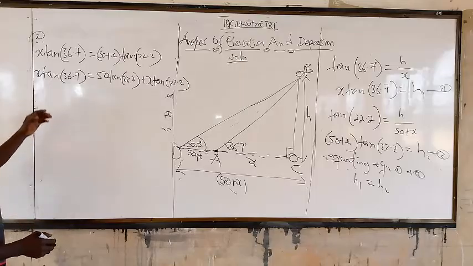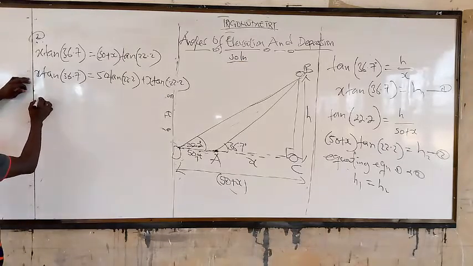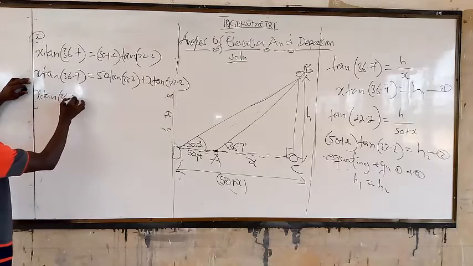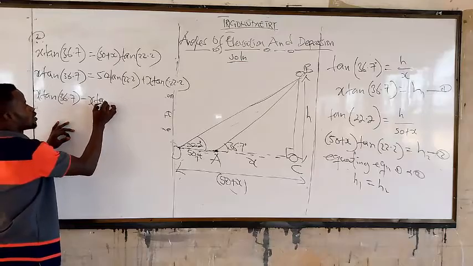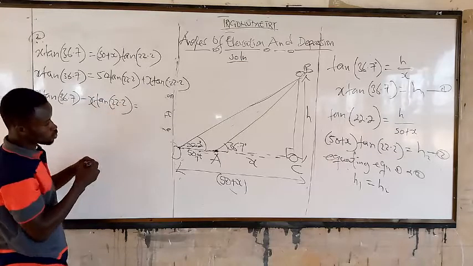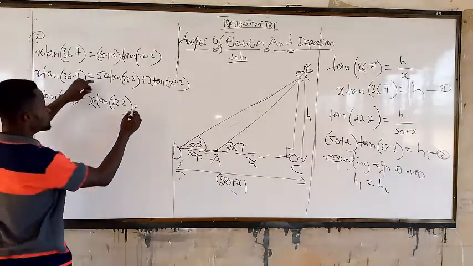Alright. So let the terms containing S come on one side. So we get S tan 36.7 minus S tan 22.2 is equal to 50